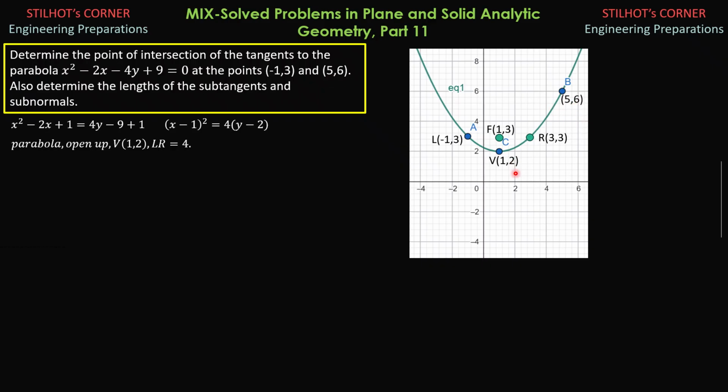Then we draw the tangents. Call this tangent 1 and that's tangent 2. Then this is the chord joining the points of tangency. This is the point of intersection of the tangents. Then by a principle already discussed in one of the videos in the playlist Engineering Review Materials, particularly in analytic geometry, this part here.